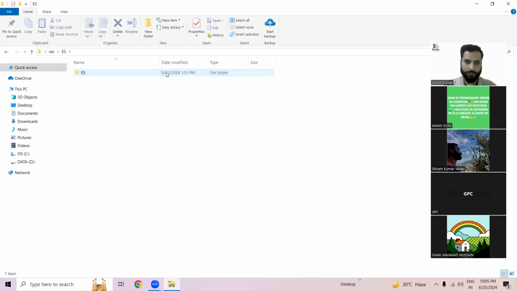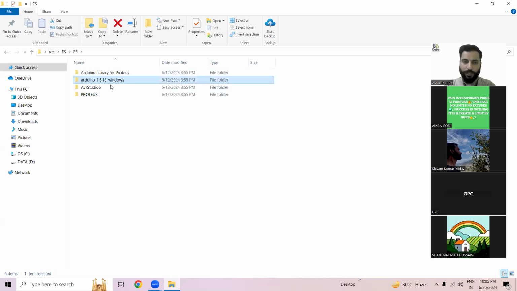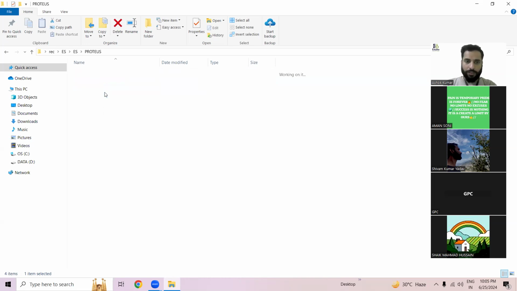the same location, right? And there we can see 4 different folders: Arduino library for Proteus, Arduino 1.6.13, AVR Studio version 6, and Proteus, right? So first of all, you have to install this software, right? This is very simple. You have to simply double click on this, and next, next, next. And finally, once